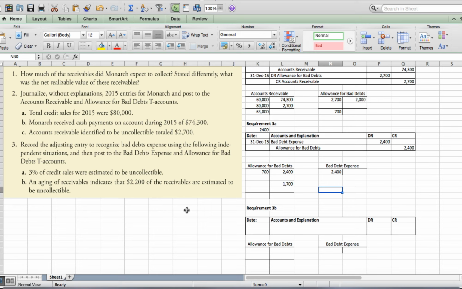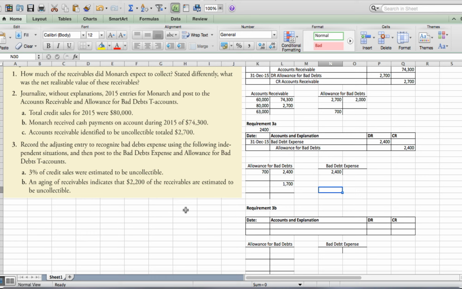Okay, since this is a principles level class, I'm not going to ask you to recreate the chart that I put up and that I explained for aging of receivables. If you remember what that looks like, it had the time period 0 to 30 days, 31 to 60 days, 61 to 90, greater than 90. There was a different percentage that I think was going to be uncollectible for each of those time periods, and